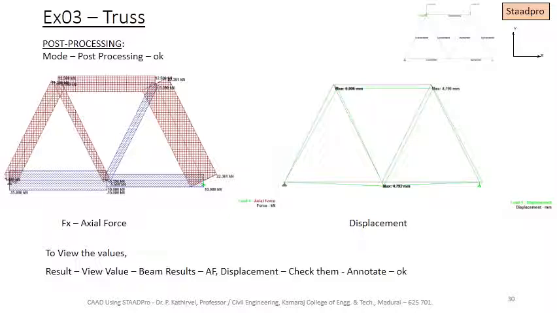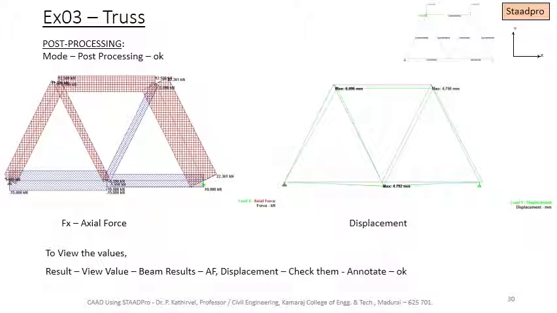So here for truss, you get only axial force and no bending moment or shear. So therefore just click Fx, you get the axial force diagram. So generally the tension members are given blue colors, and the members under compression are shown in dark maroon. So based on the intensity, the width of the rectangle varies. When the force is less, the width of the rectangle is small. When the force is large, the rectangle width goes on increasing.